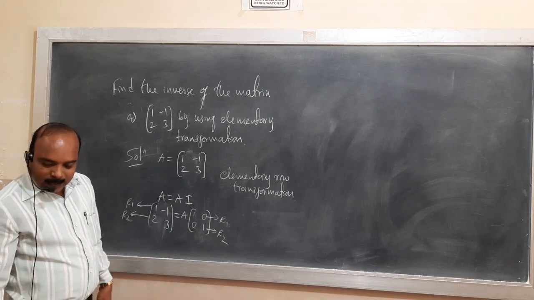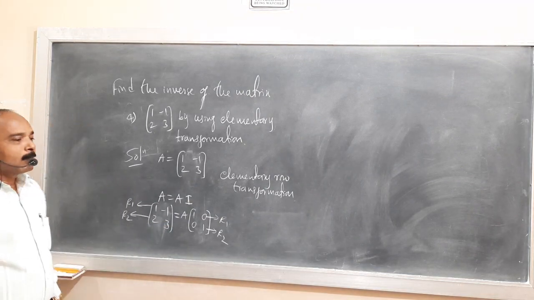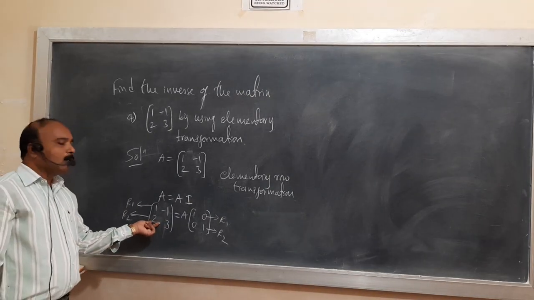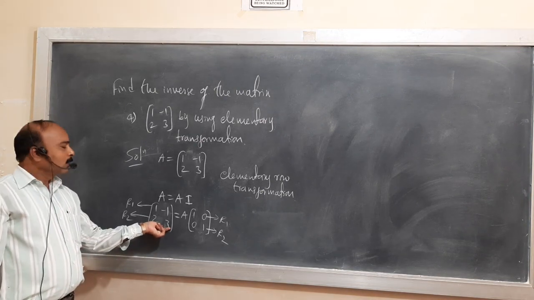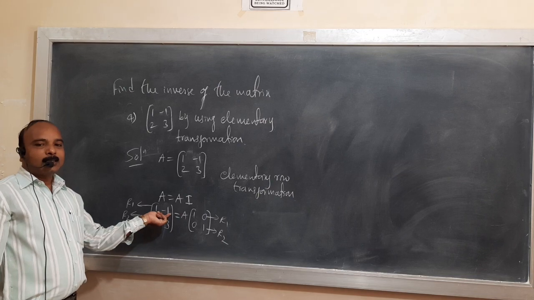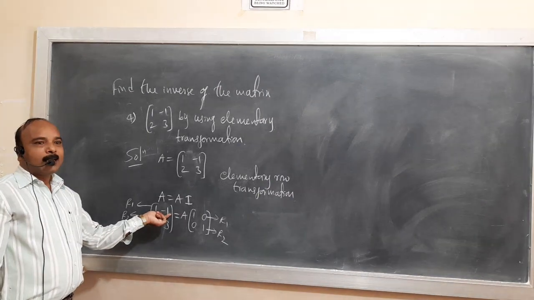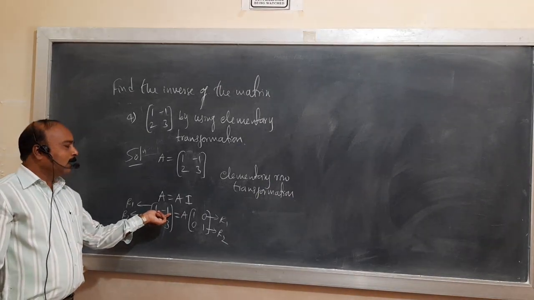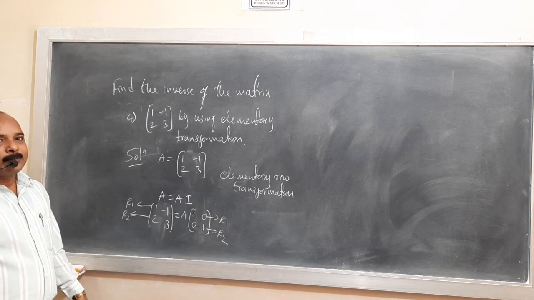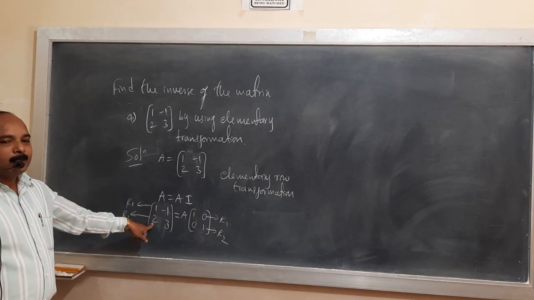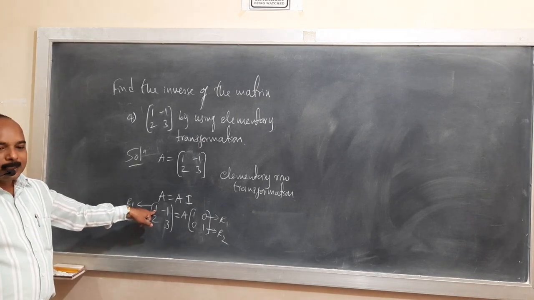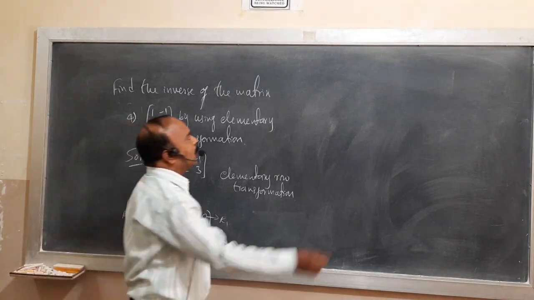Now here also we go for similar steps. First we make this 2 as 0. Next, in this place we make it as 1. After that, in this place we make it as 0. Then we get the identity matrix on the left side. Automatically the right hand side becomes the inverse of the given matrix. Now first we make this element as 0. Here 2, it is 1. It is similar to the last question. For that, first we